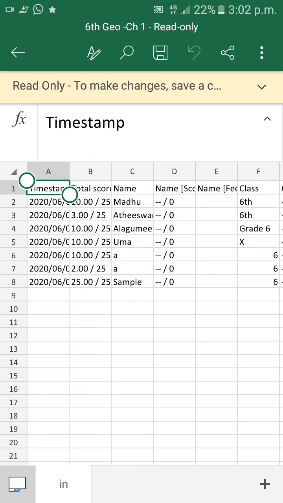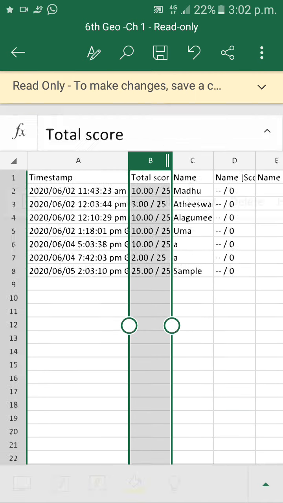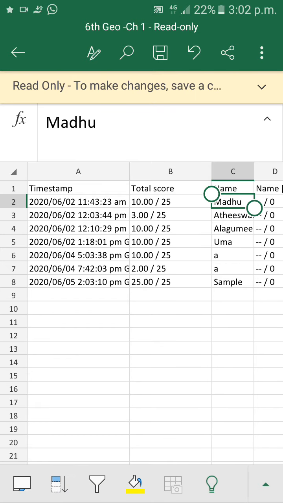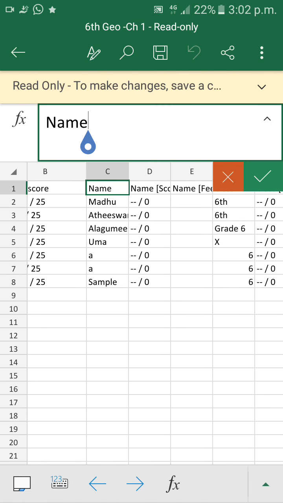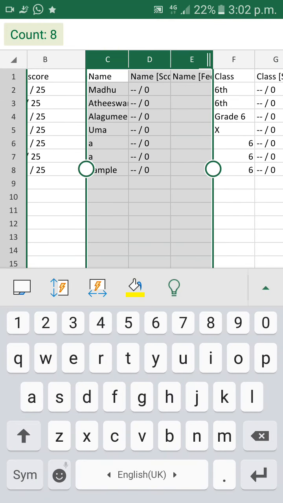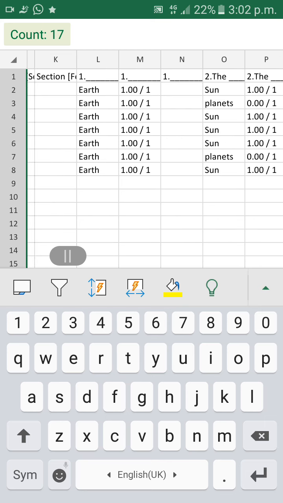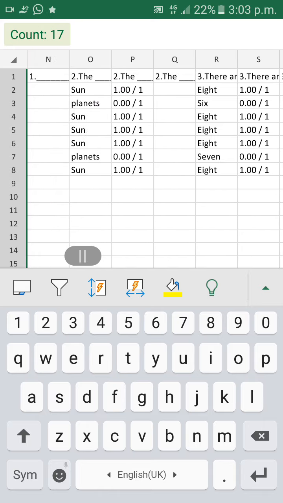See here, first the timing will be there, which is when the students attended, then the scores, and the names of the students. For each and every question, how many marks they scored, which is the correct answer and which answer they gave, every detail will be there.